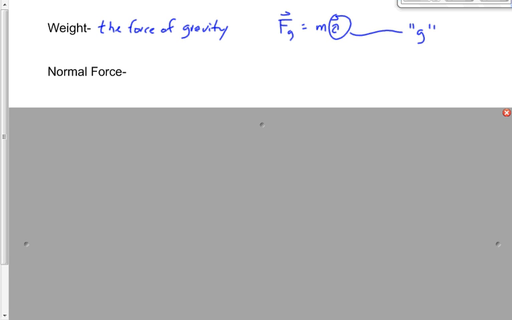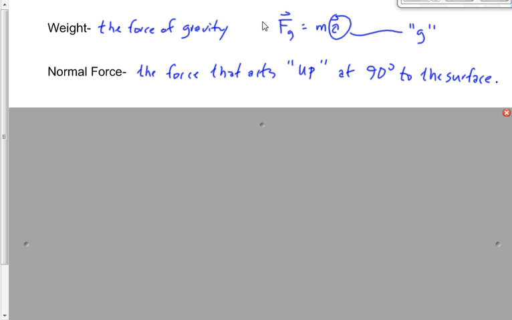We're going to say it's a force that acts "up," but I'm going to put that in quotation marks because it's not always up. The force that acts up at 90 degrees. I should say at 90 degrees to the surface. Well, what does that mean? So I've defined it, but it doesn't really have any real meaning to you right now until I explain it